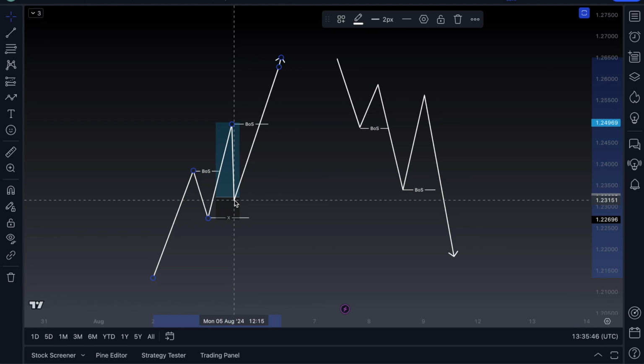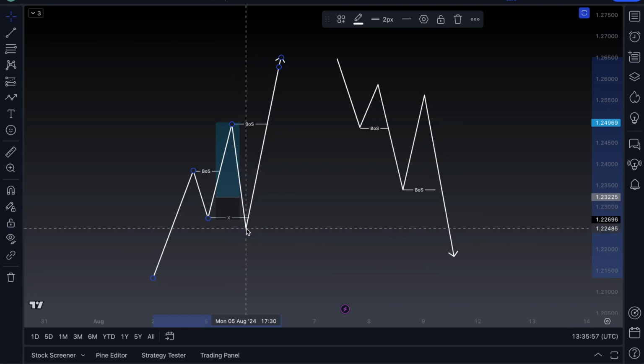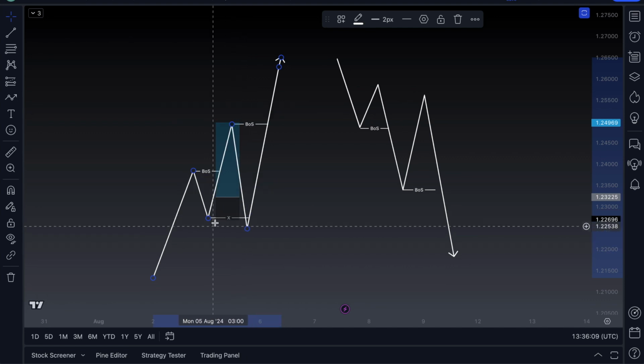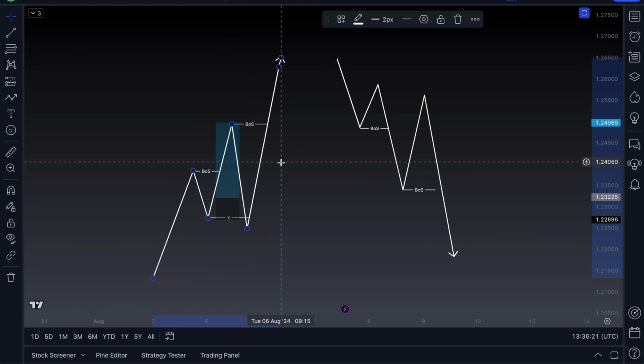The market needs liquidity to expand. It needs to take traders' money via stop losses to expand. So it has come down, it has knocked them out of their positions. They were right about the market direction, they were just too early. So it has taken them out of their positions. It has knocked their stop loss, being a liquidity sweep. It has swept this low and then expanded following the market trend. That is, in basic terms, what liquidity is.